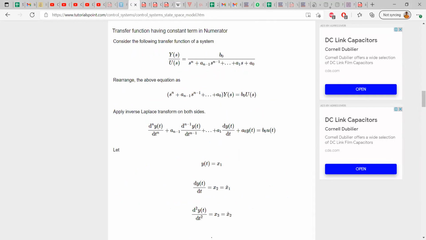So if you observe, this is the given transfer function. All of you clearly observe the essay question from the internal and external point of view. So this is the standard transfer function. Let's take b naught by s power n plus a n minus 1 s power n minus 1 plus and so on, a1 s and a naught s power 0. Okay. So rearranging the above equation, that means cross multiplication. He did the cross multiplication, and he applied inverse Laplace on both sides. That means s power n into y of s.